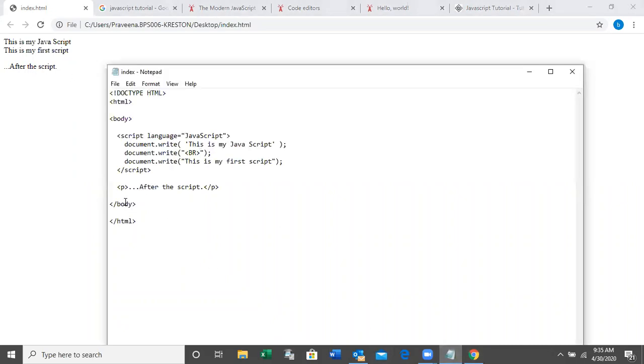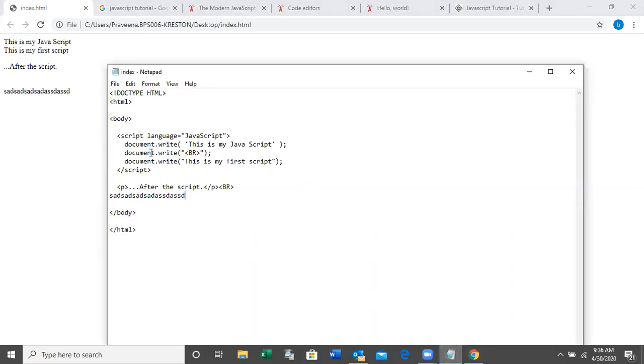This is my JavaScript and this is my first script. After the script, this is just a HTML tag. Before the JavaScript, we can write normal HTML tag. And after the JavaScript also, we can write the normal HTML tag. Say, if you want to get a line break here, without document dot write, simply we can have like this.